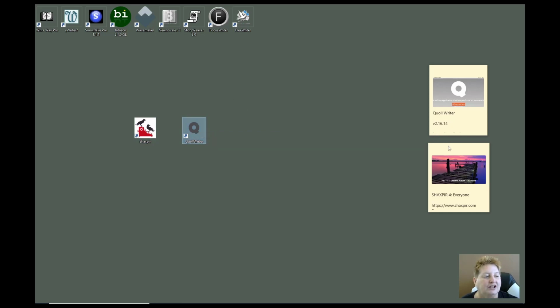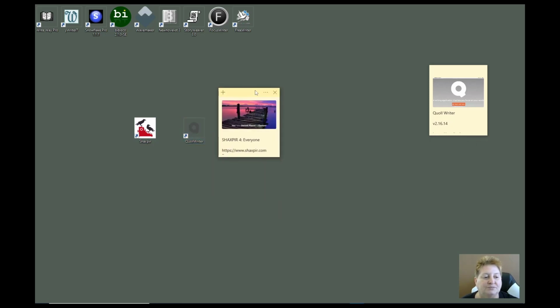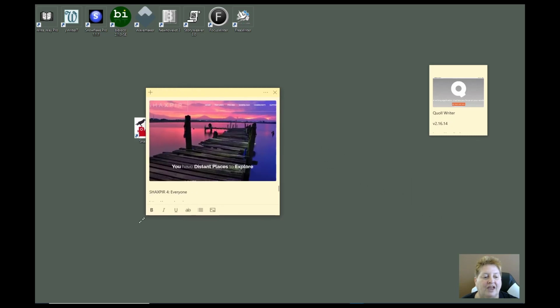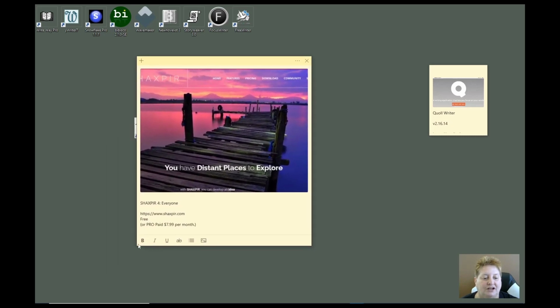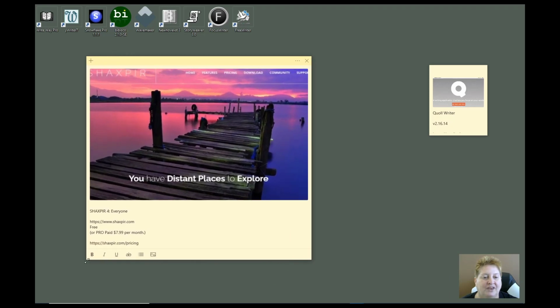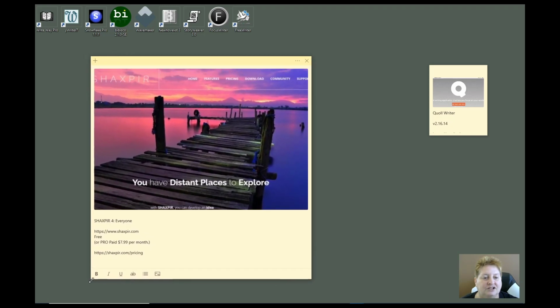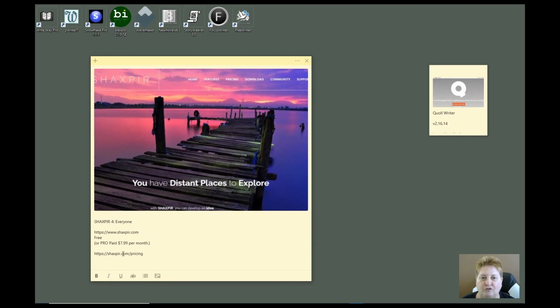Now we're going to look at Shakespeare first, and Shakespeare is a software that can be downloaded from www.shakespeare.com, and this software has a pro version which is $7.99 per month, but they also have a free version. Now, since the $7.99 per month is beyond our $30 budget, we are going to look mostly at the offerings